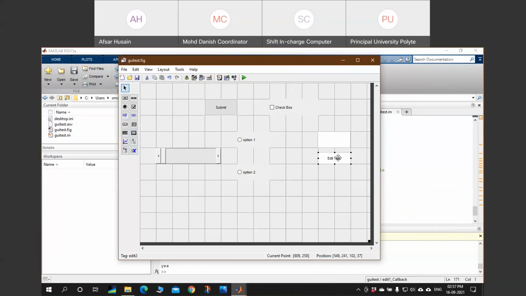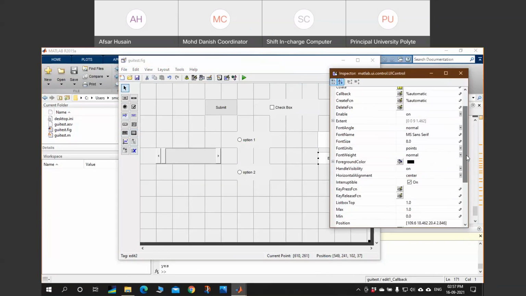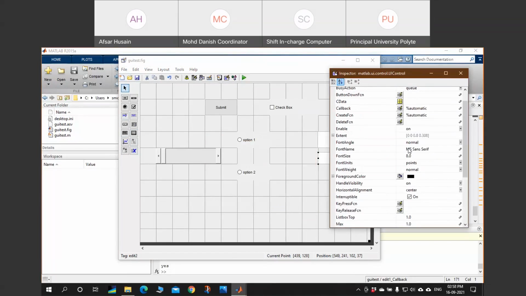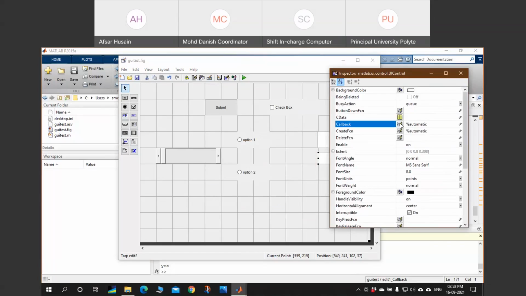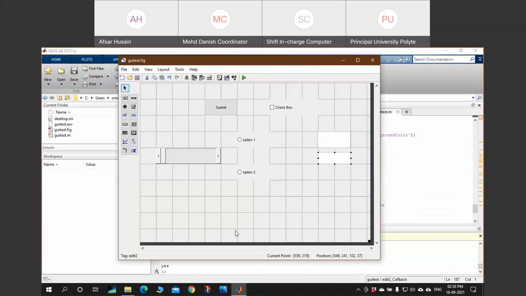Similarly, you can provide multiple edit texts to get the user data. Again, leave it blank, and give a callback function. I'm leaving the callback function blank right now.